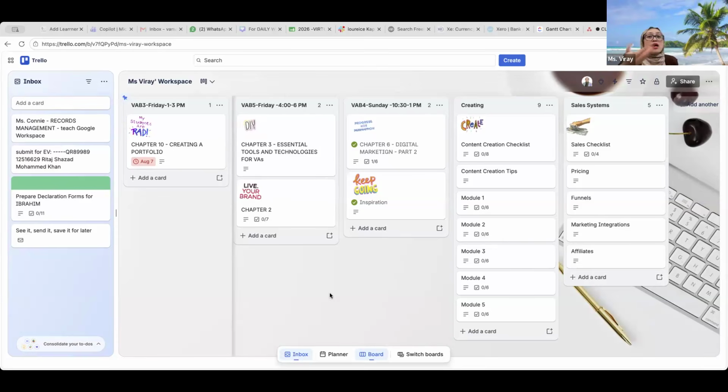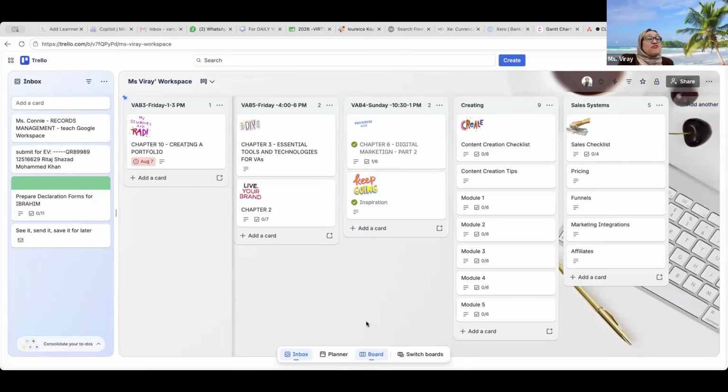All right. Now, this Trello is also a project management software. It's also used for CRMs, okay? But it's just the same. You also have your tasks, and you can just drag them and put them. And there are some different terms they use for this. Like, for example, here, they don't call it task, they call it card. If you want to add here, just click on add card and type whatever you want to put there and label them. For me, I have labeled it according to my classes here.